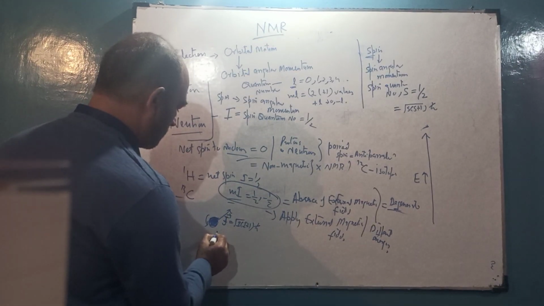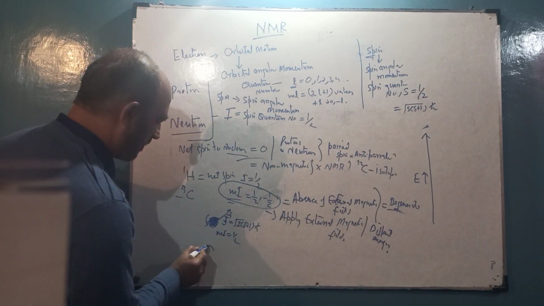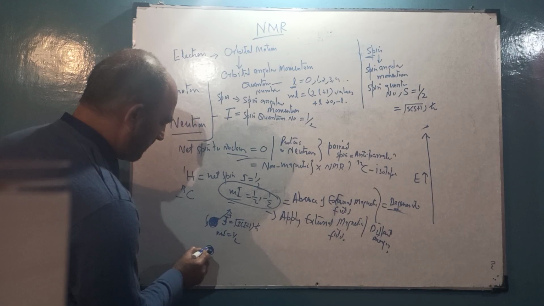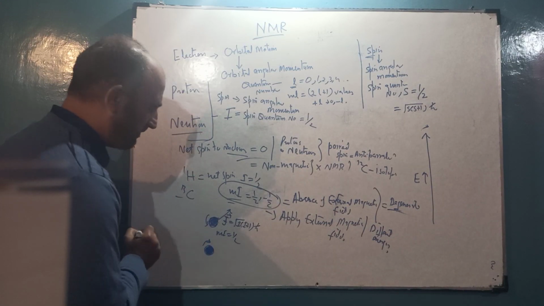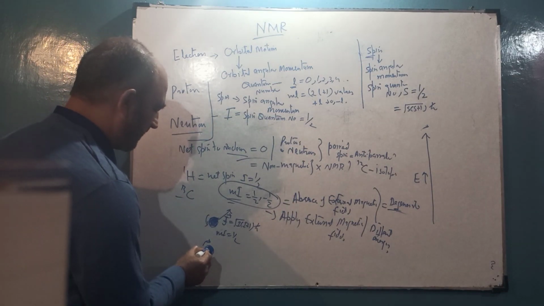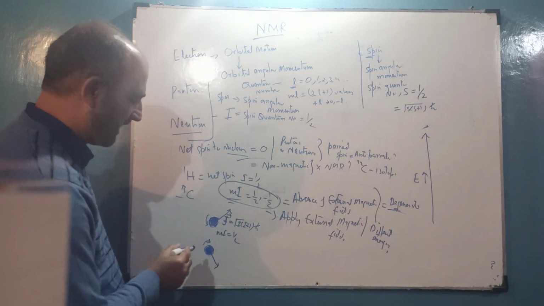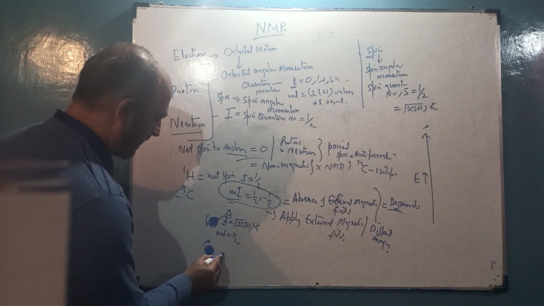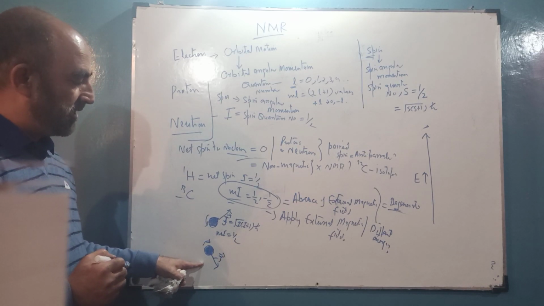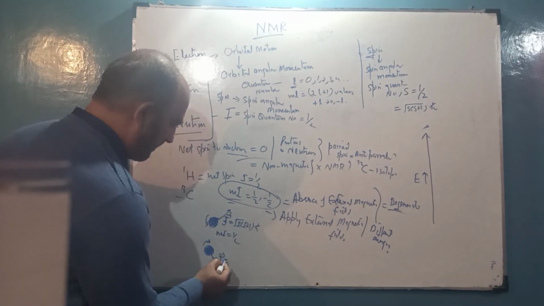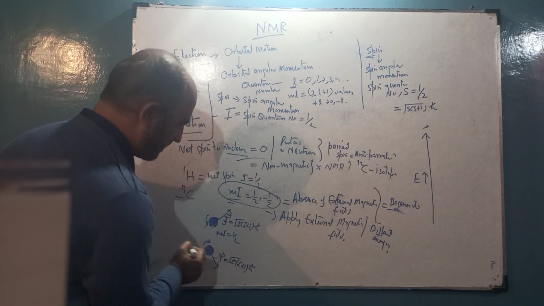If this is say Mi value equal to 1/2, then we can have another type of spin. In the classical sense, we can show the sense of spin like this, and the spin angular momentum can be like this. This is the J. It can have different orientations. So we have one orientation and we have the other orientation. And the magnitude will be again the same, root of I into (I plus 1) h bar.